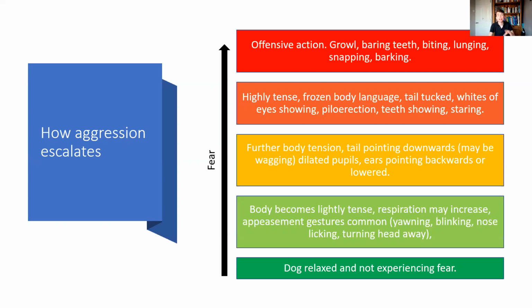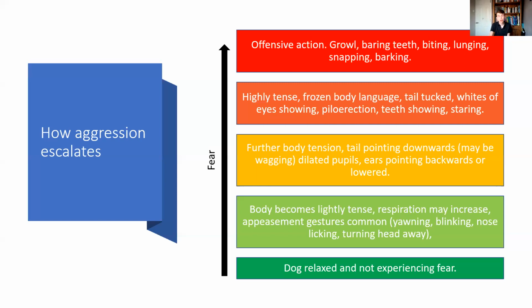So the more we can identify those early signs when fear is just starting to be experienced, and get our dog out of that situation, the better. Because you're going to teach the dog that if I'm slightly uncomfortable, generally my owner helps me out. And generally it's all right, and I never need to escalate it to get that thing away. Generally, just becoming slightly tense, or my respiration increasing slightly, or just a bit of appeasement stuff does the job. And that's going to hopefully reinforce that, and the dog's going to learn that they never need to rely on growling, baring their teeth, biting, lunging, snapping or barking or anything like that.